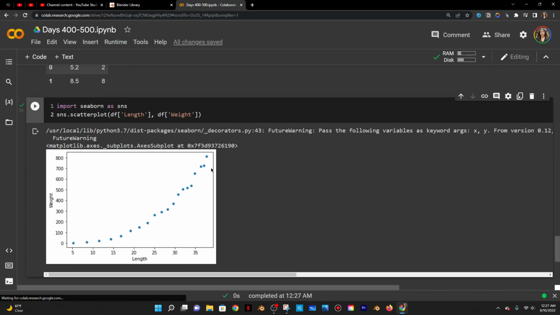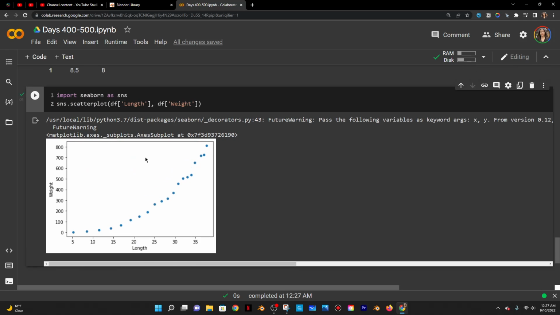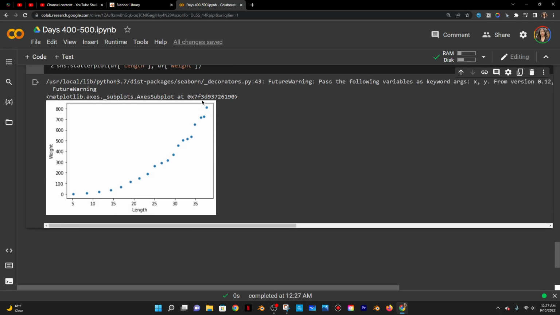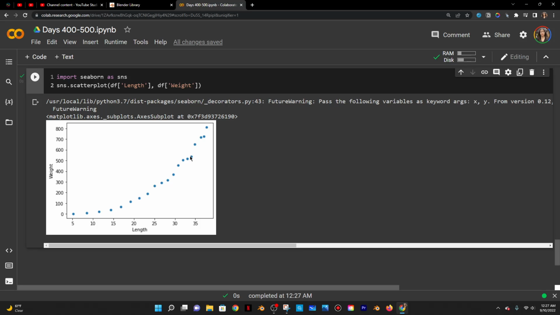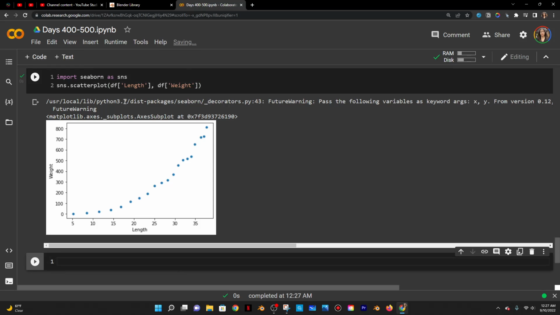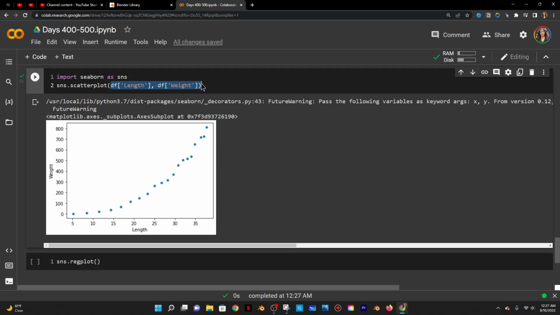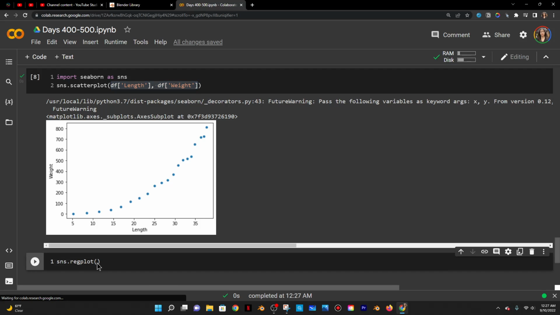So now if I run that, I'll be able to see the data plotted or scattered, and I can clearly see that it's not linear, which is a problem. And as I said, I already knew it was not linear. That's the whole problem here to solve, to transform this data so it could be linear, right? Because if I actually do sns.regplot, I'll be able to see the least squared regression line, and I'll do a comparison like before and after. But if I run this,